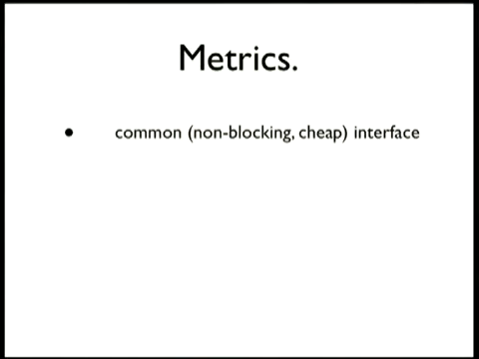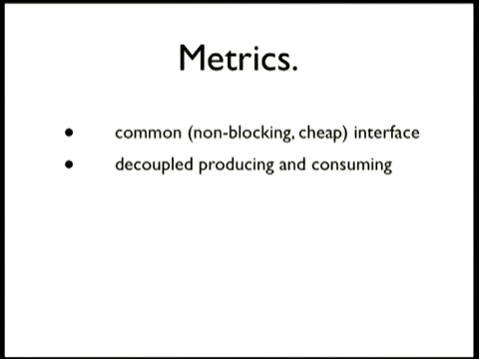So a common non-blocking cheap interface, that is to say when you report metrics, it does something quick. You could put this in a tight loop and it doesn't matter. Decoupled producing and consuming, that is the way that you create the report is different than the way that you might choose to present it or consume it. And then wrapping utilities. You already have some existing code base. Some of it isn't going to have metrics in it. You'd like to be able to measure stuff, so how do you instrument that